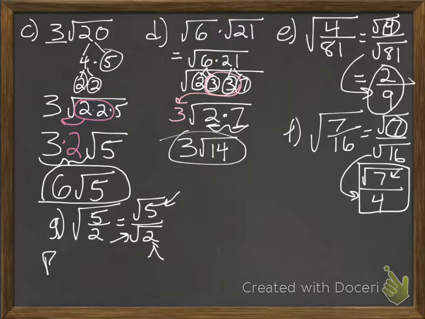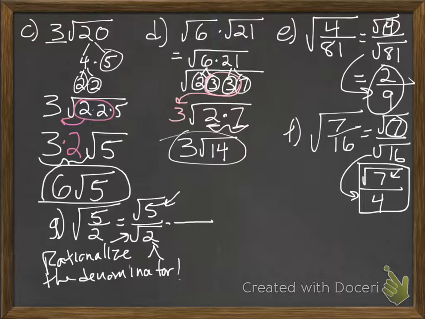So we have to do something that's called rationalizing the denominator. So what that means is I have to multiply both the top and the bottom by whatever I see is the radical of the denominator. So if I see a square root of 2, I have to multiply that square root of 2 to the top and the bottom. Now the reason why that makes sense, although it initially doesn't, kind of looks crazy, but